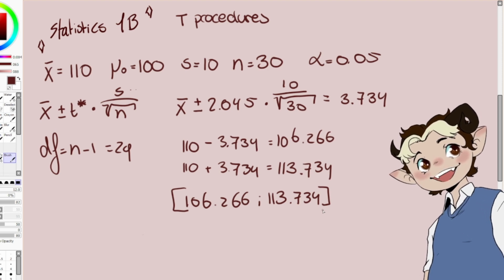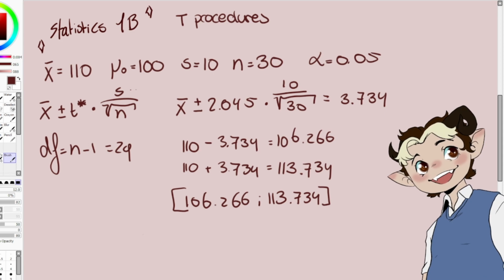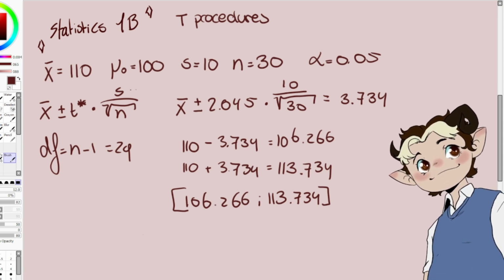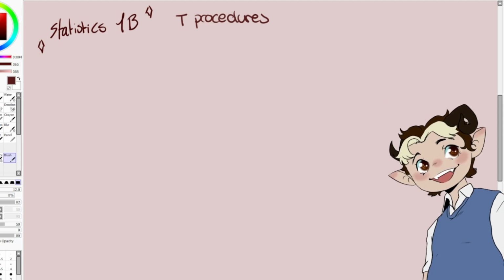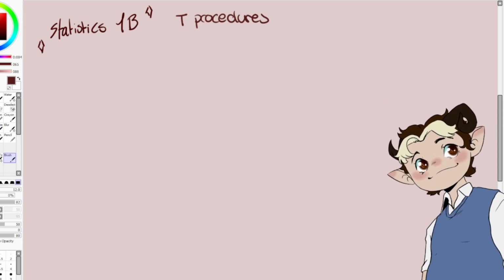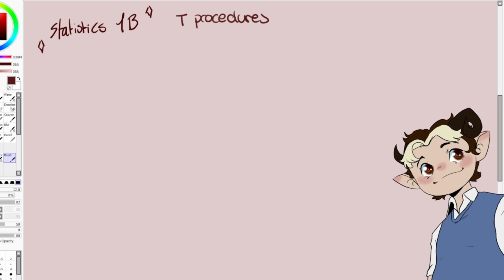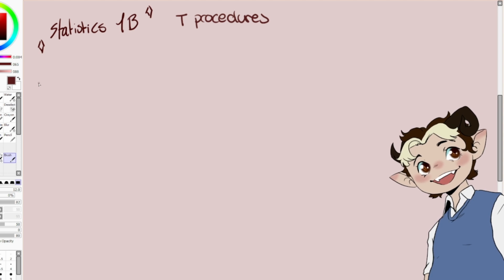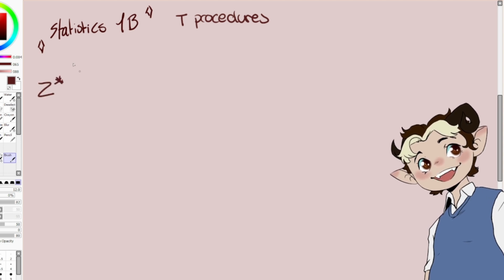And that is all you need to know for the one sample T procedures for both the significance test and for the confidence interval. And now let's do the two sample T procedure, which is once again basically just the Z procedure with a few extra steps. So the Z procedure for the